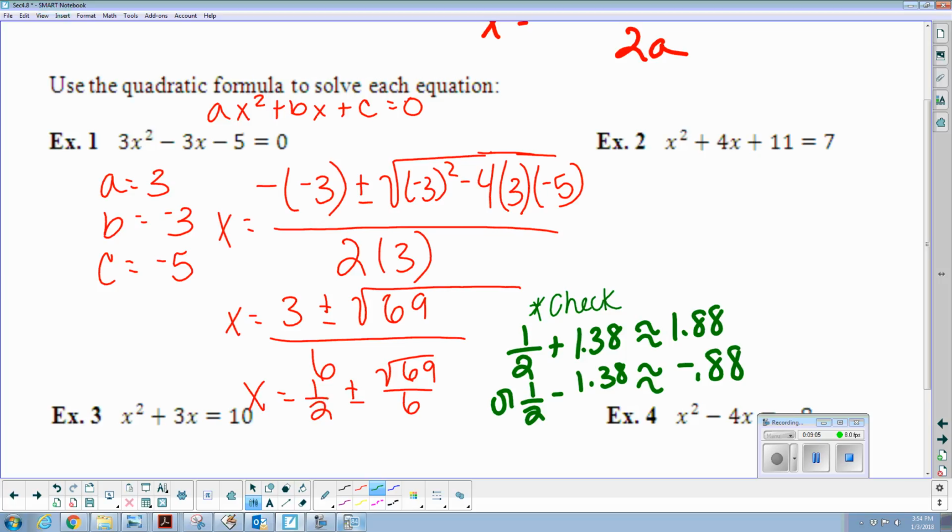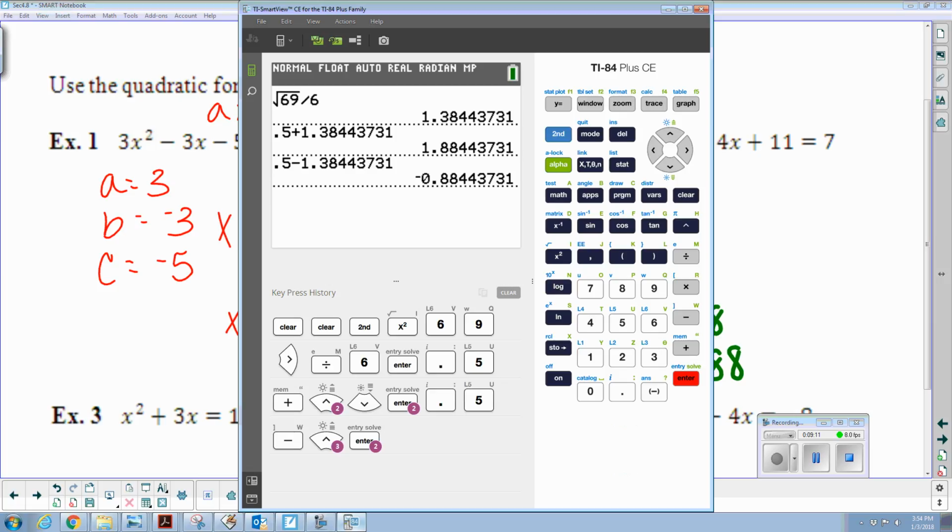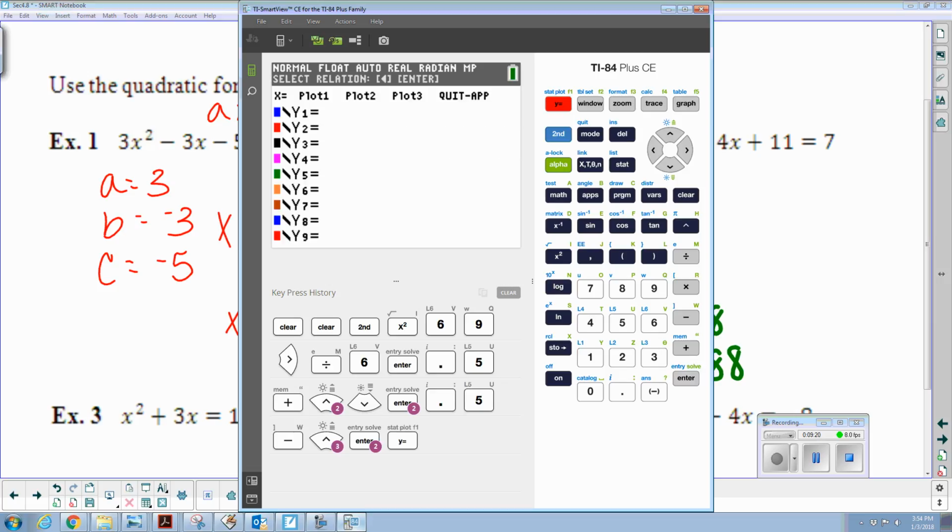Okay, so now let's use our calculator to actually check this. And this is just to check, this is not how you solve. Because when you solve, you should get those exact answers using fractions and square roots and simplest form and all that, not just a decimal. But to check, you can use your calculator. So to check, plug in your equation,